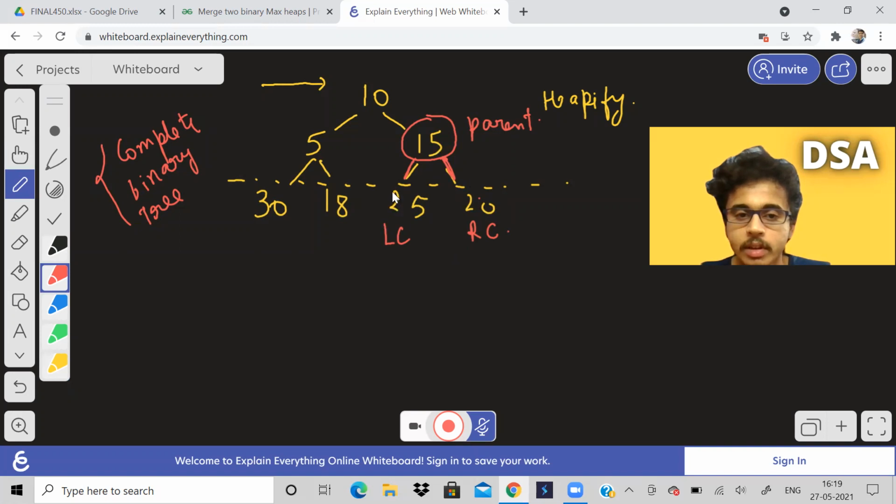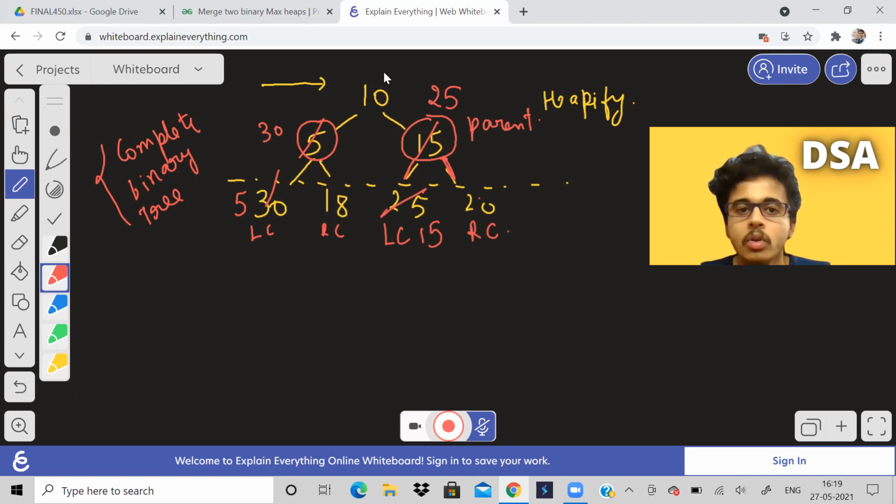So this will become 15 and this will become 25. Okay. Let us go to the other non-leaf node which is here. Now again compare with left child, right child. Left child has a value greater than both right child and the parent. So 5 will be here, 30 will be here.